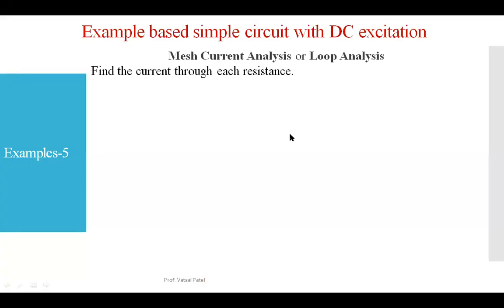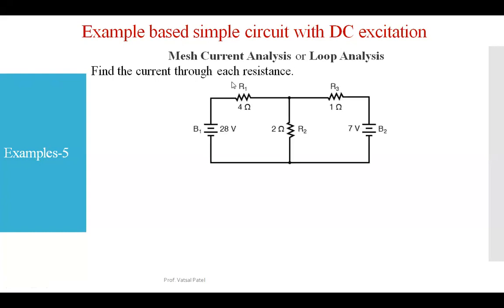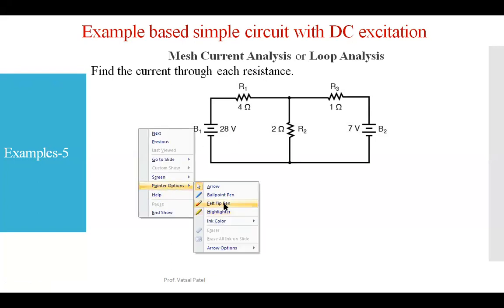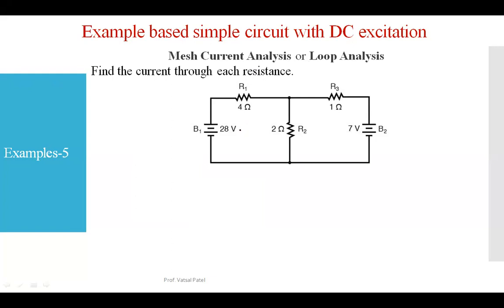Now, in this question, we have to apply the mesh analysis, and by applying the mesh analysis, we have to identify the current through each resistance. That we already discussed in our previous part, how we can apply the KCL and the mesh here. As I told you, you can write the first mesh in the clockwise direction, and the other in the anti-clockwise direction. Then you can apply the KVL.